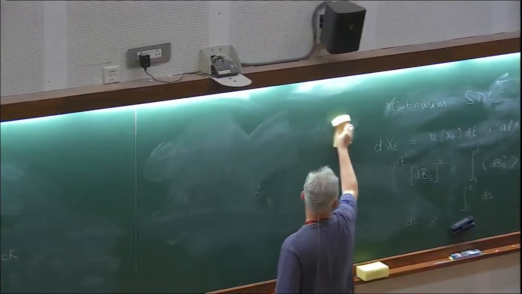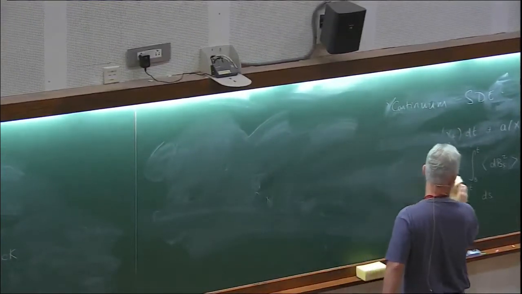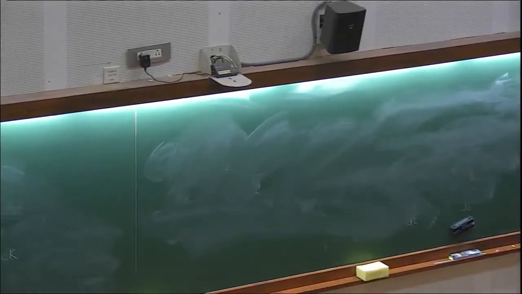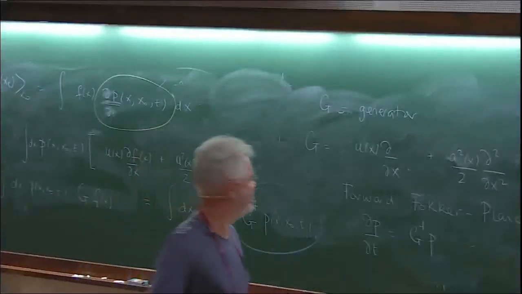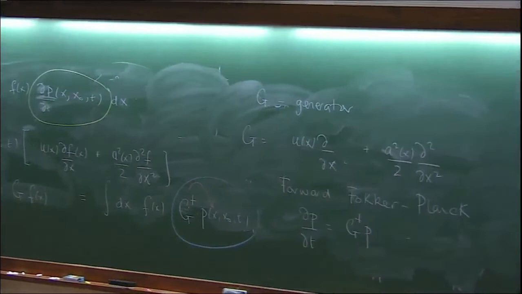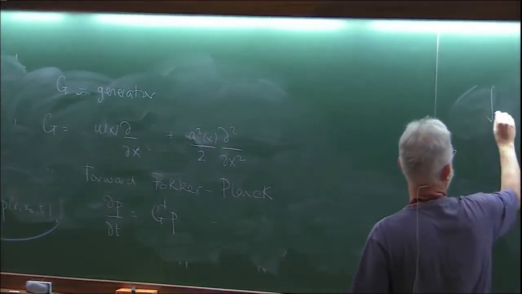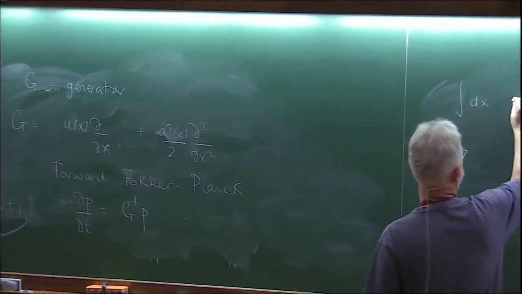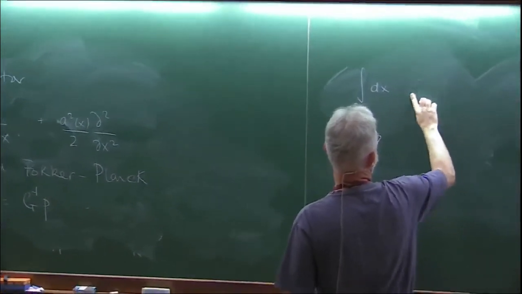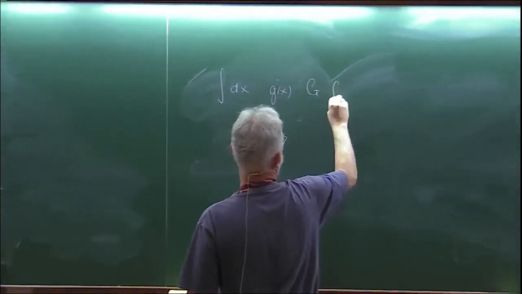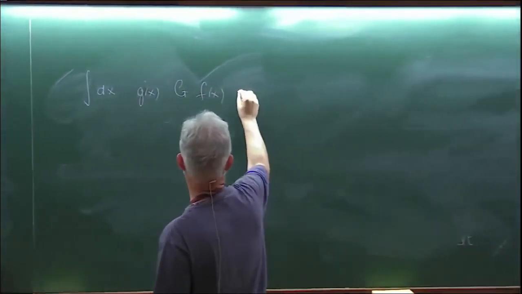Okay, so that's the forward Fokker-Planck equation. So now all we have to do is work out what this adjoint operator is. Basically all I've done is an integration by parts, so that instead of acting on f, I make it act on p, right? So if I want to compute g dagger, I take two functions. The definition of g dagger is that, if I take little g of x and then g of f of x, that is equal to